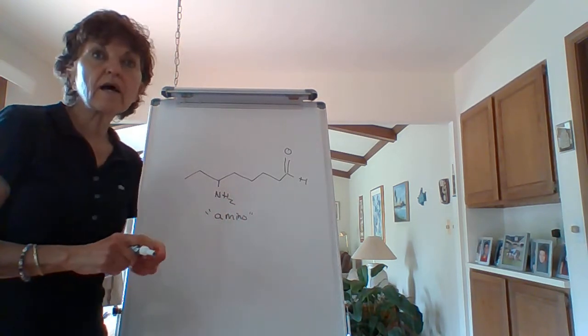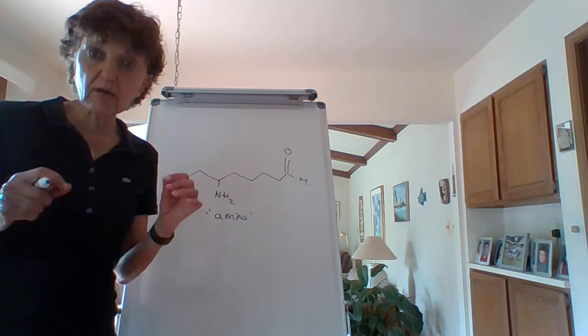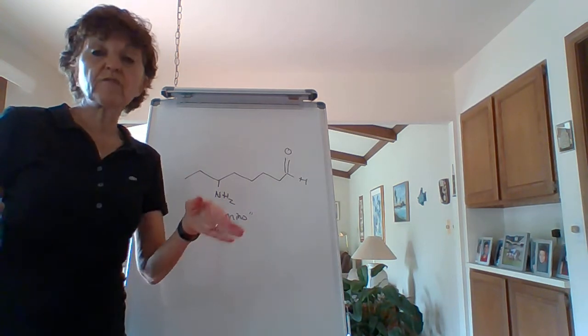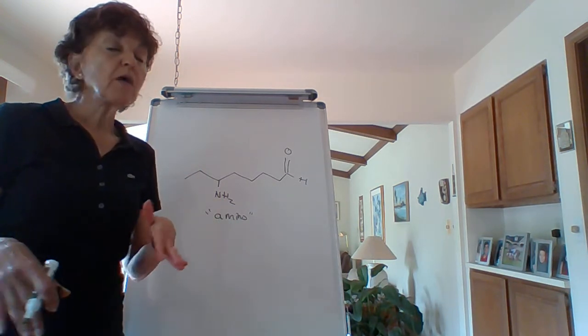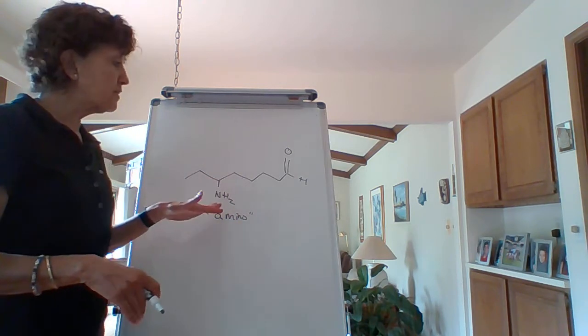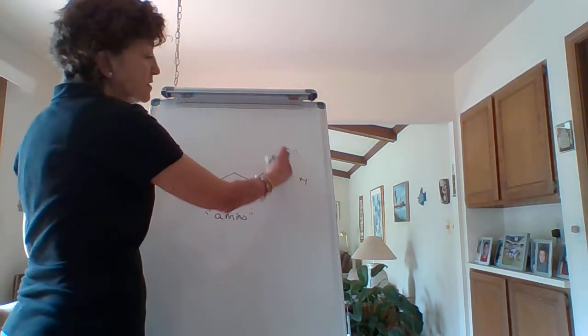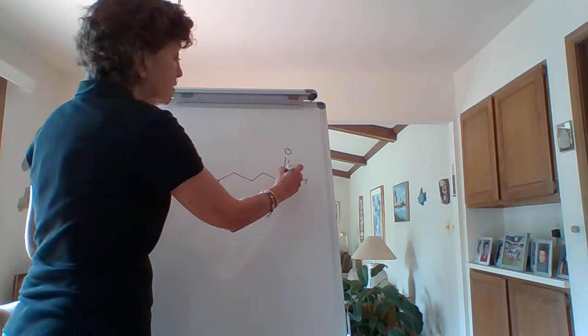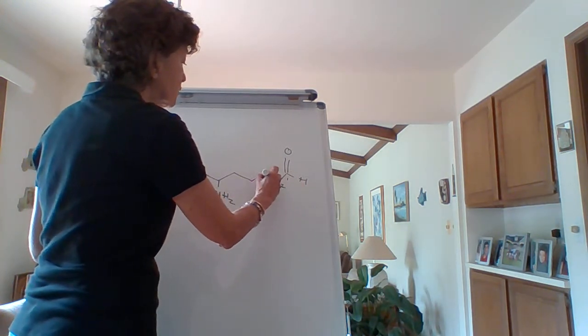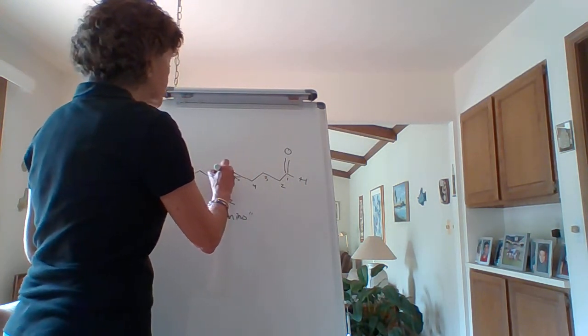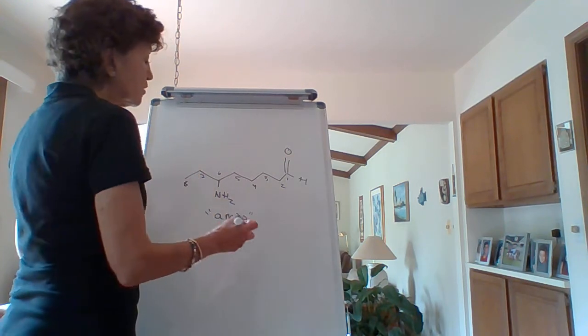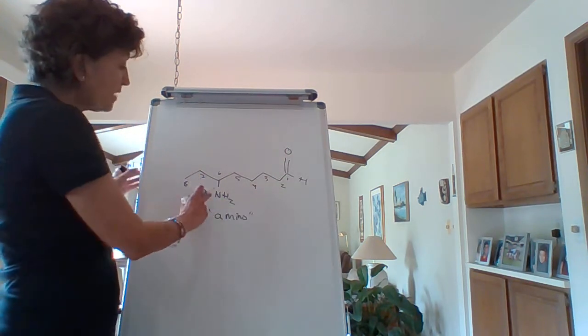So the only time an amine is part of the parent name is if that's the only functional group there, okay? But other than that, you're going to call it an amino group. So you can recognize that this is an aldehyde. So this is carbon 1, obviously. 1, 2, 3, 4, 5, 6, 7, 8. So this would be an octanol, and then this would be